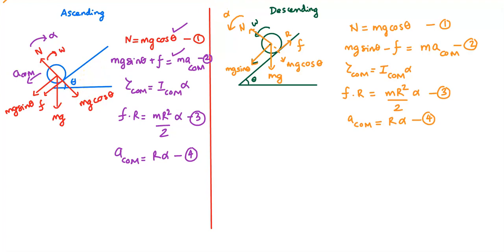Or I cannot say that the equation is correct, but what I can say is that the direction of the acceleration of center of mass that you get from this equation is correct. Okay, this equation is correct. All of these are correct magnitude-wise, but the problem is if friction acts in the